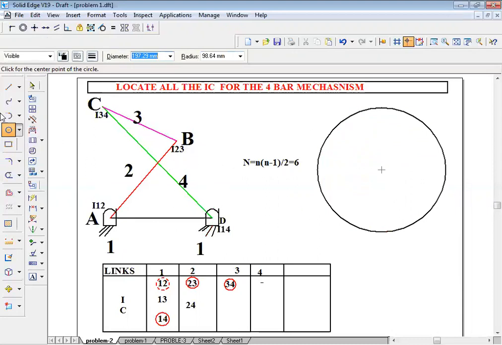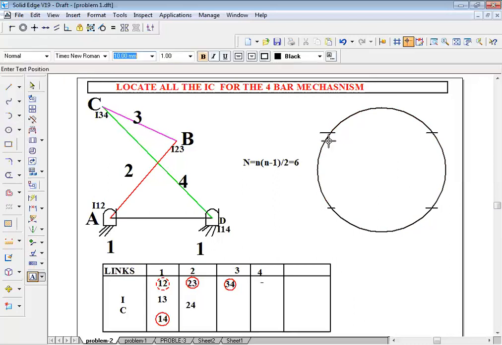There are 4, therefore I will mark 4 equal points on it. I'm going to name them in order as per the link numbers 1, 2, 3 and 4.